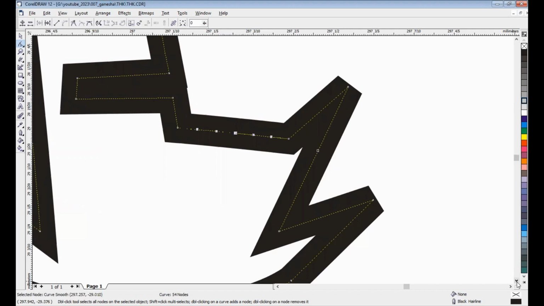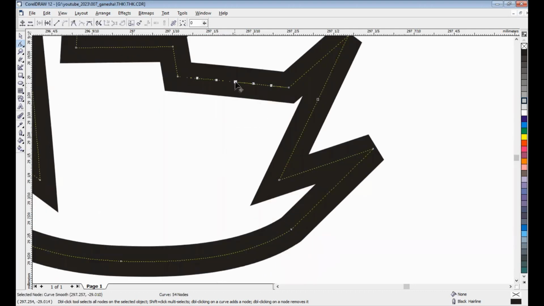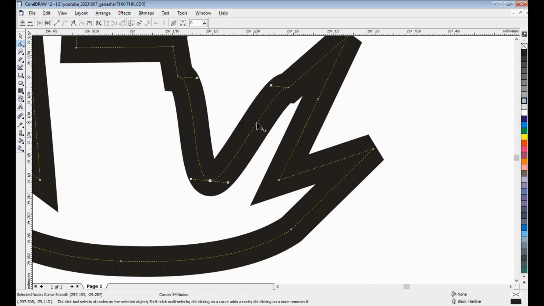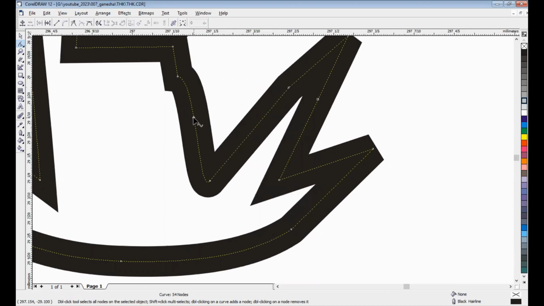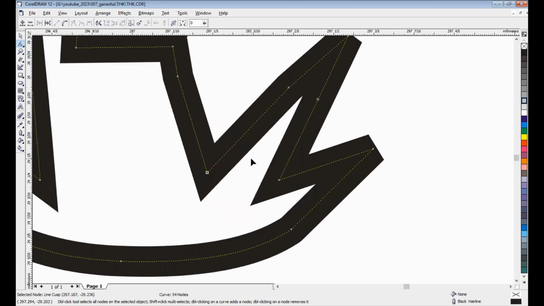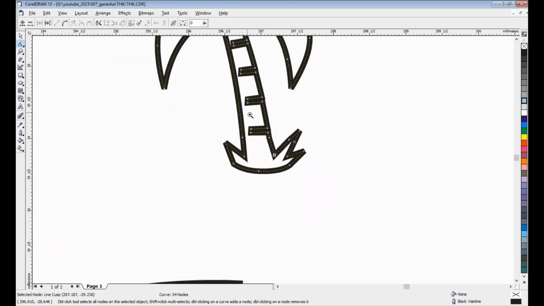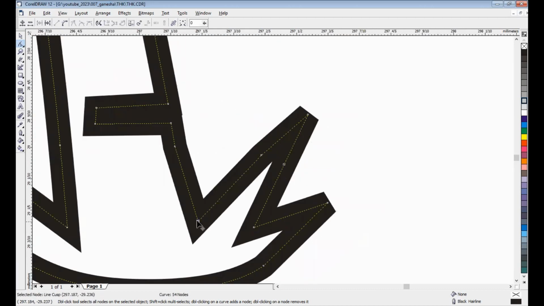After that, we can modify like this. Okay, and then we can make two lines, and here too. Maybe modify a bit.